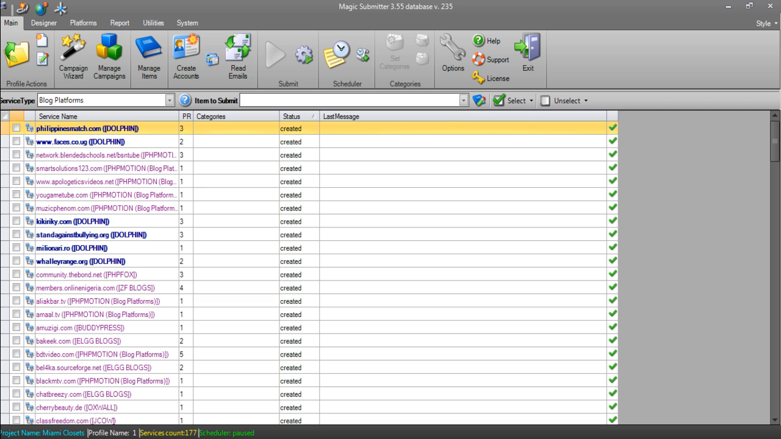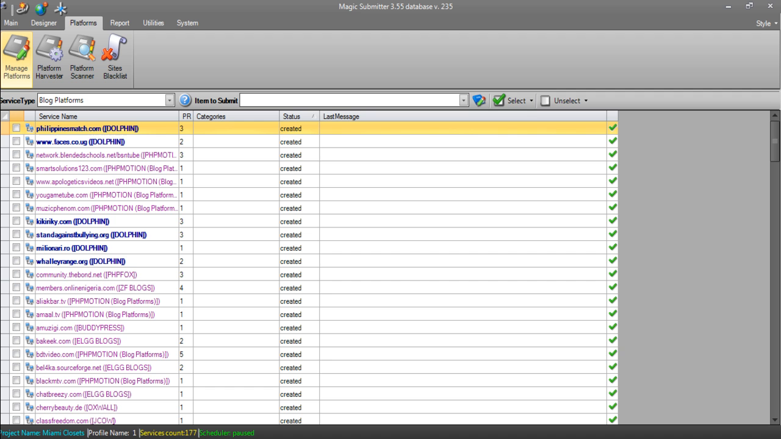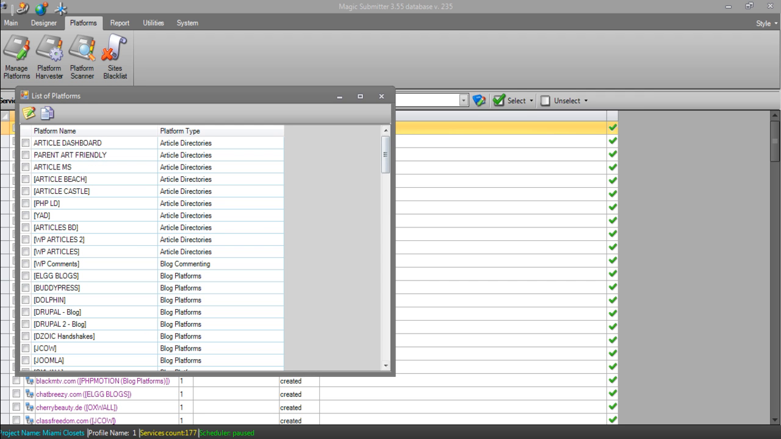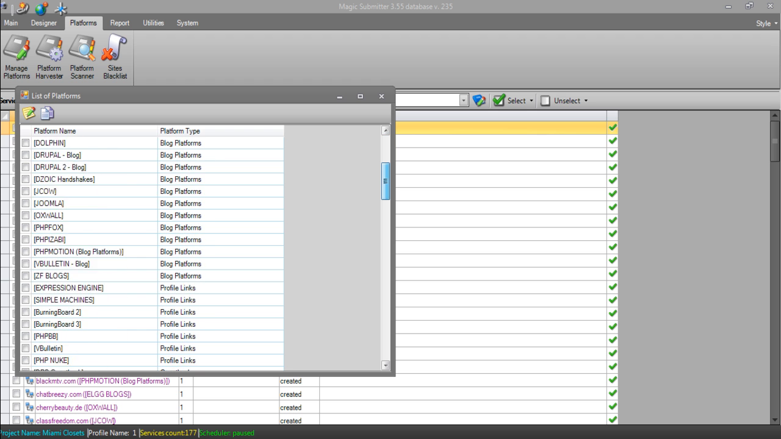In this video I'm going to be talking to you about Manage Platforms, which is located in the Platform tab. It's the third tab in the top toolbar and the first icon that appears. Now if I click on this Manage Platforms item, you're going to notice that there's all these different platforms that